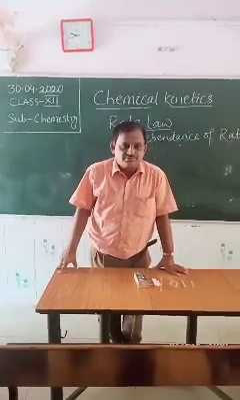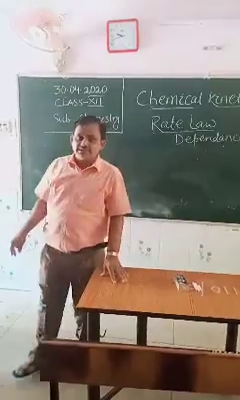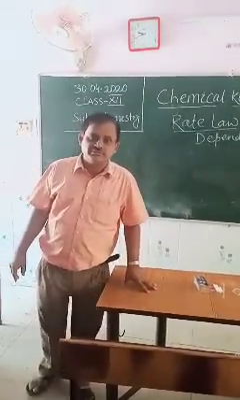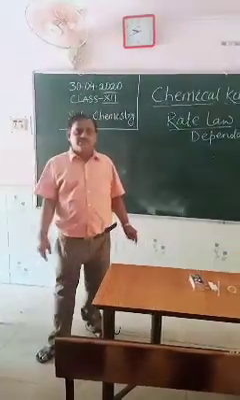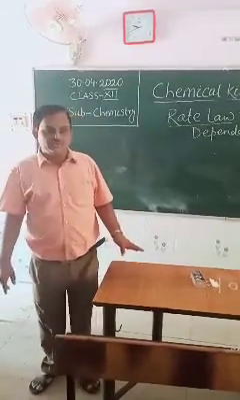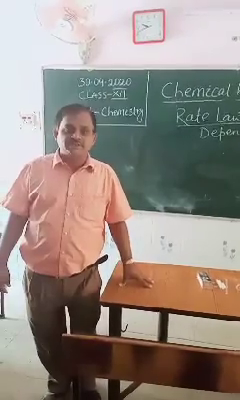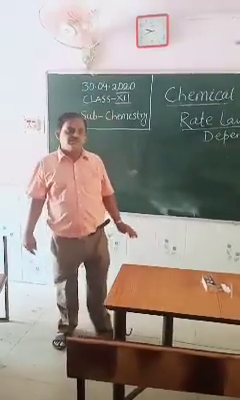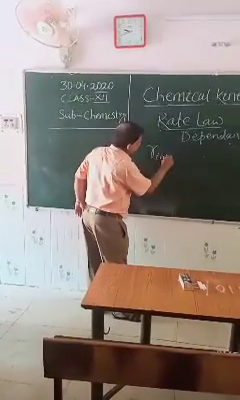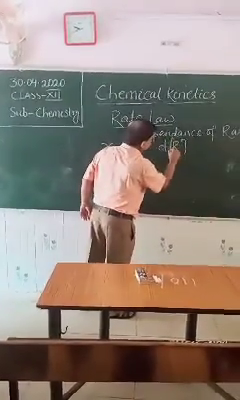Last class, students, we discussed rate of reaction. Rate of reaction is the change in concentration of reactants per unit time. The instantaneous rate is the change in concentration of reactant for a very short interval of time, and that is represented by minus dR by dt. The instantaneous rate R instantaneous is written as minus dR by dt,